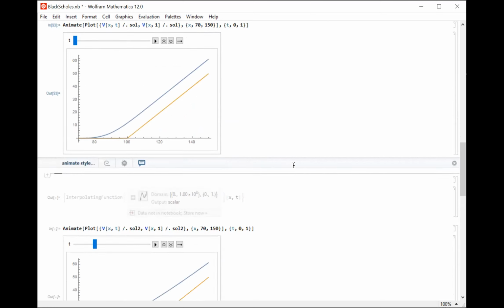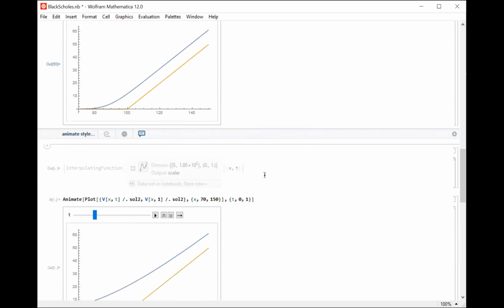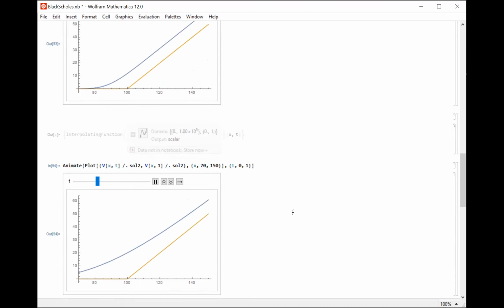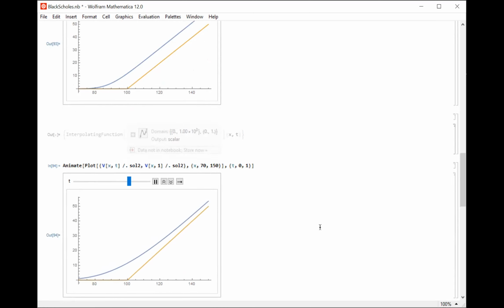And then what else? We can look at what happens if we have higher volatility. Now, intuitively, if we have higher volatility, then it would mean that presumably the option has more of a chance to work out, right? If you have more volatility, the stock price will fluctuate more, and so there's more of a chance that it'll go above your negotiated price. And that's kind of what happens, although there's sort of a limit to it because, of course, it works both ways. The volatility can also drive the stock price